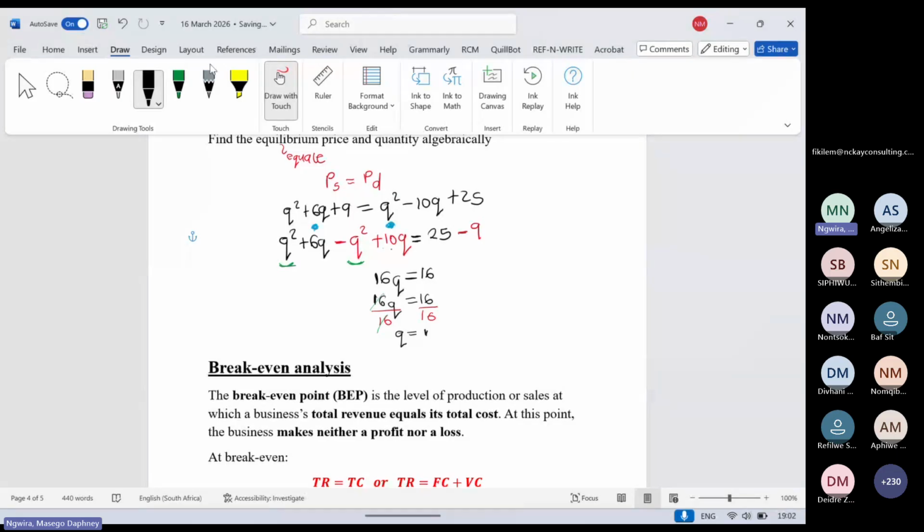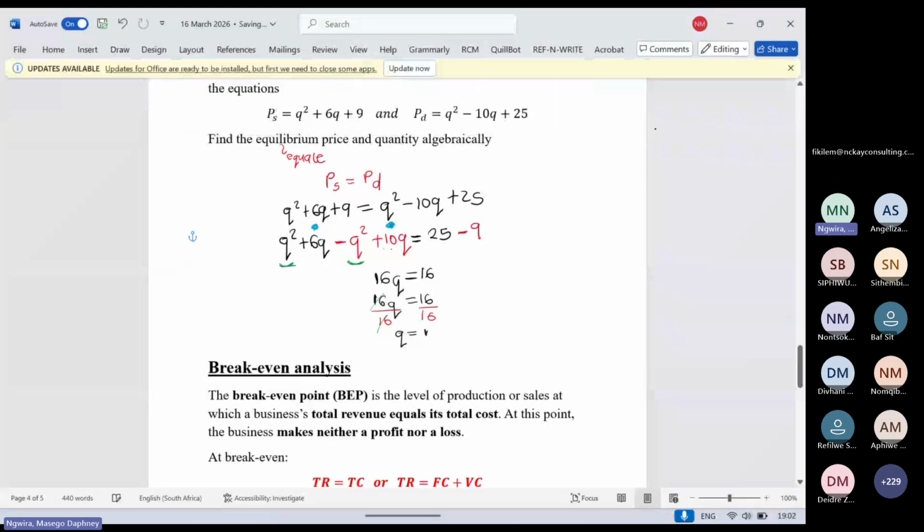Whether you choose to use the P, it's up to you. If you want to use this PD or PS, it doesn't really matter. We're going to get the same answer. So I'm just going to do it here because I don't have a space. Then I'm going to say, therefore,